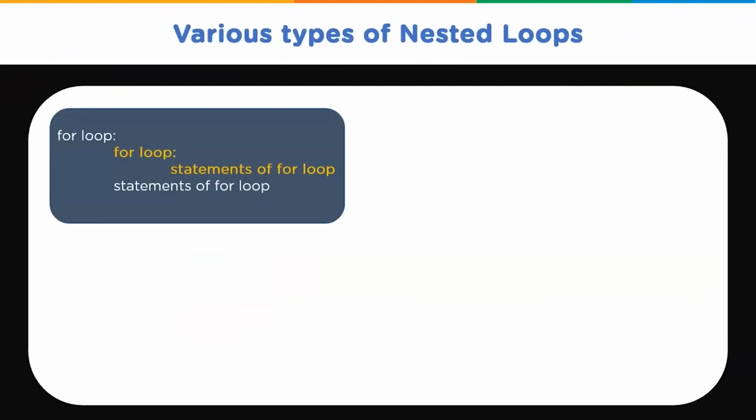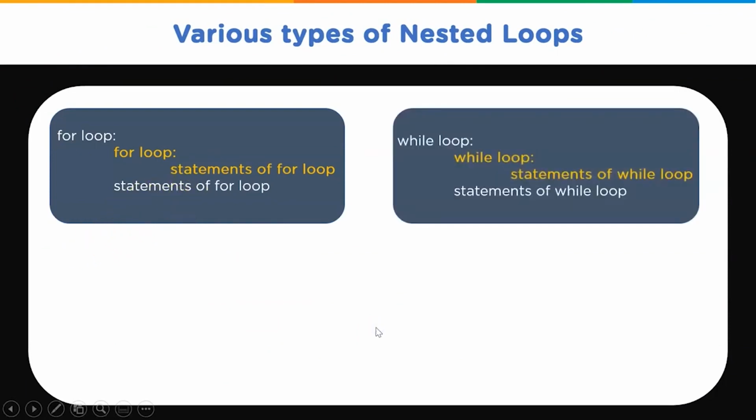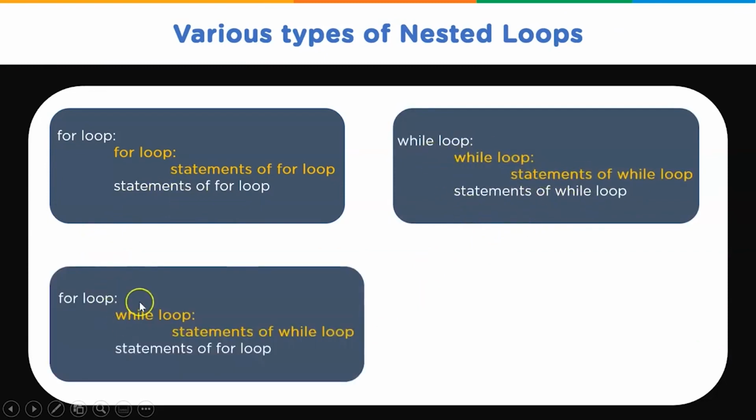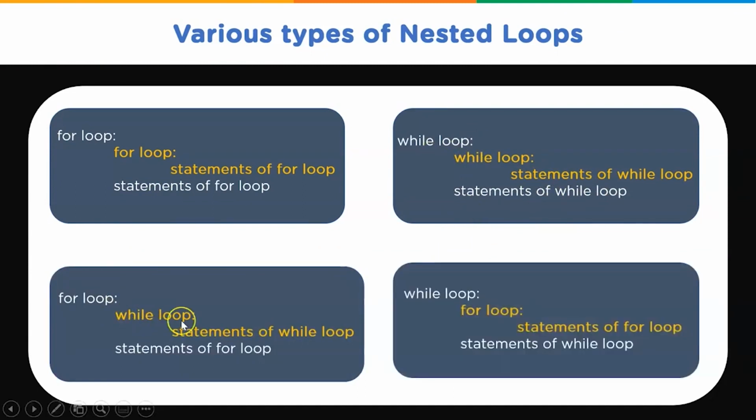Now talking about the various ways of writing nested loops in Python. So with Python, you can write a for loop inside another for loop, or you can have a while loop declared inside another while loop. You can see it here. So using Python, you can use both for loops and while loops together. The outer loop can be a for loop and the inner loop can be a while loop. You can also write nested loops having a while loop outside and for loop inside.